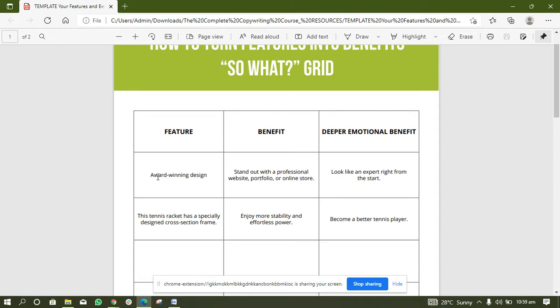If you want to get this very easily, you just need to put yourself in the shoes of the audience. So you are looking at this, you are a web designer or a web developer, and you design or develop award winning designs. So what? I don't know if you get that. Yes, you do this. So what? How does that benefit me as a target audience? This is one of the benefits that your target audience might have.